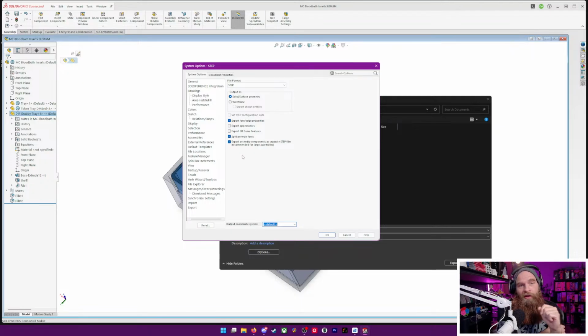So I tend to do that all in the end, outside of it. That way, if I ever have to change a dimension, it all just works. And if it does mess up something, it's something that's outside the assembly. I just delete it, and it doesn't mess with anything else. So,